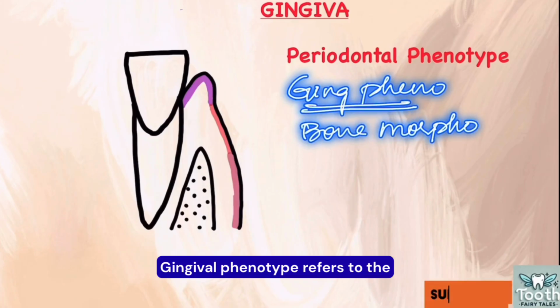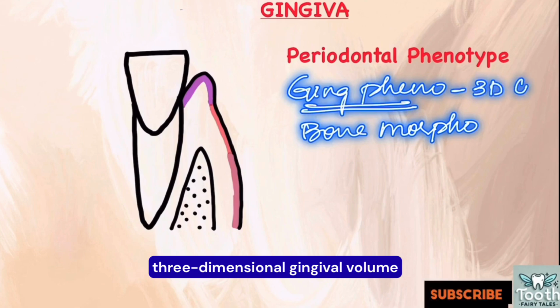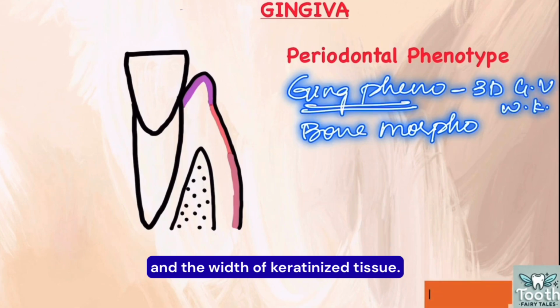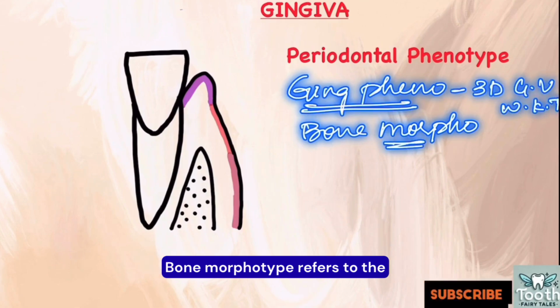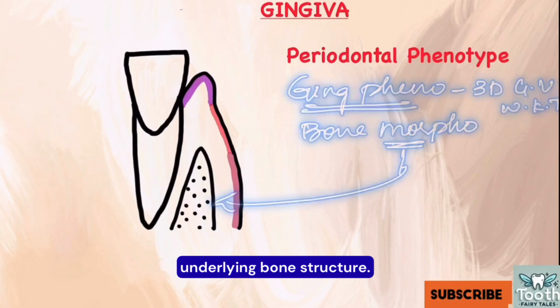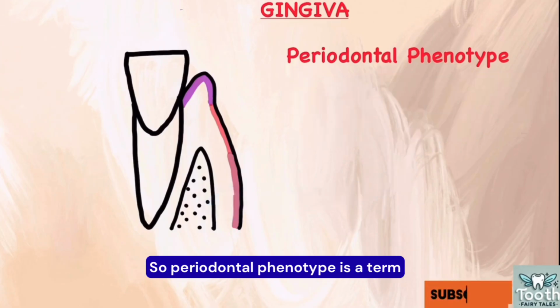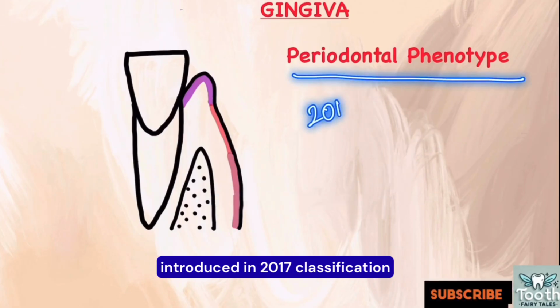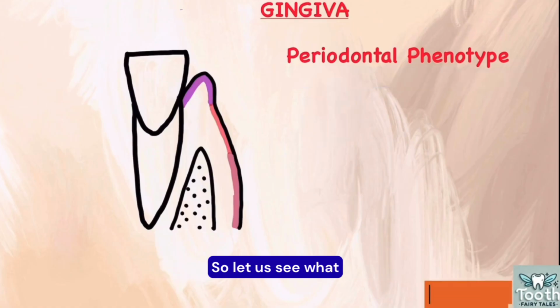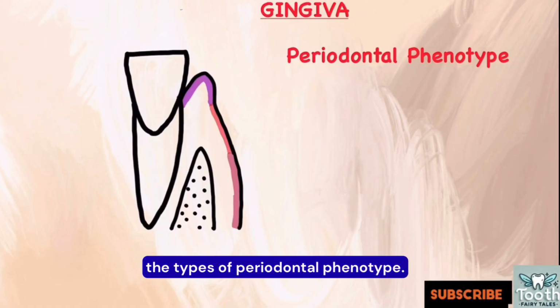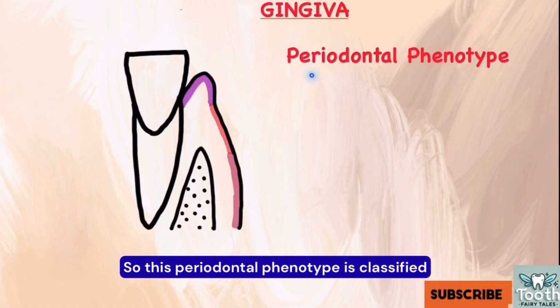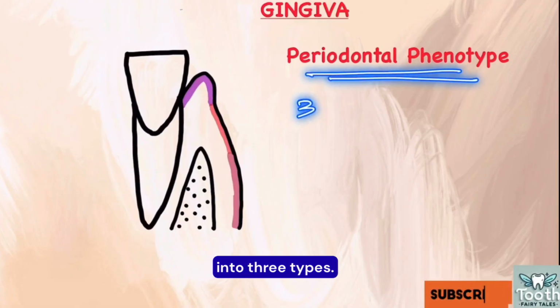Gingival phenotype refers to the three-dimensional gingival volume and the width of keratinized tissue. Bone morphotype refers to the underlying bone structure. Periodontal phenotype is a term introduced in the 2017 classification system. So let us see what are the types of periodontal phenotype. This periodontal phenotype is classified into three types: